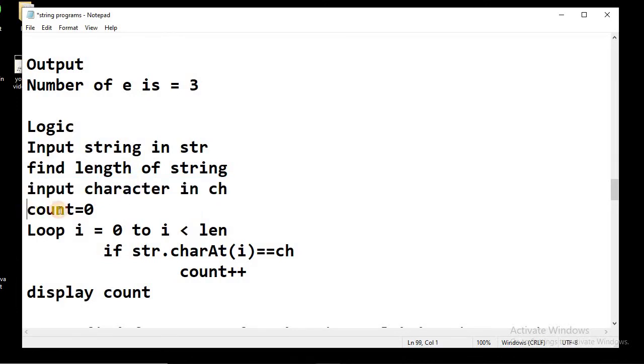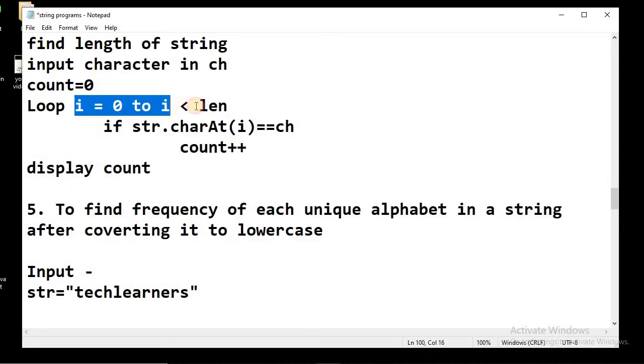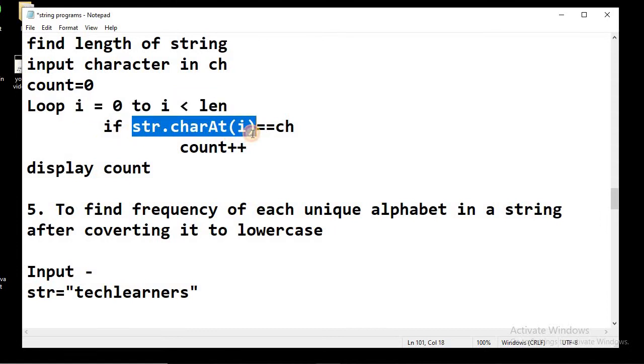Then we will take a variable count and initialize it to 0 so that we can store the frequency in it. Then we will run the loop from i equal to 0 to i less than len, and inside the loop we will be extracting each character. The character can be extracted with the help of the charAt method available in the String class.